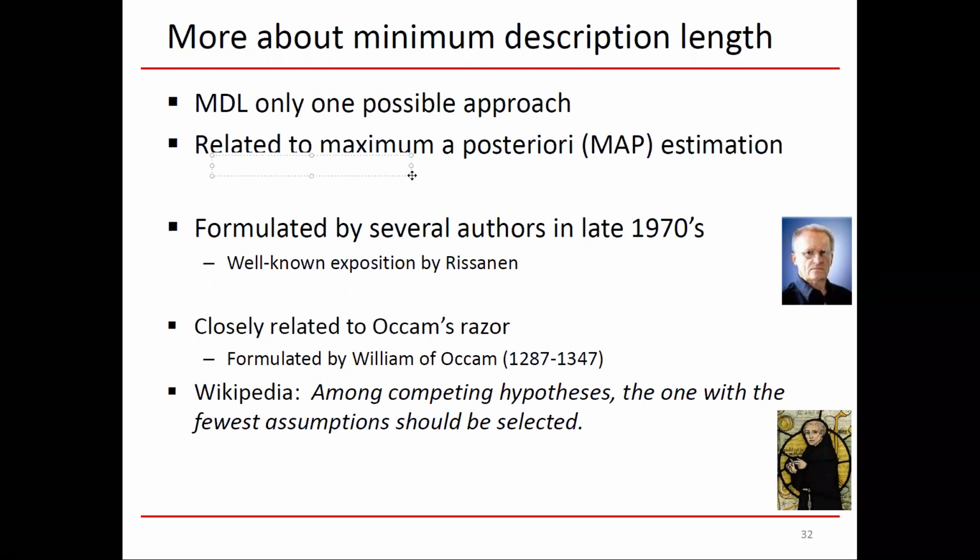We have the data, X, and for each model, we have a prior for that model, f of theta. Or rather, for each model C, I use the notation PR of C. And now, given X,